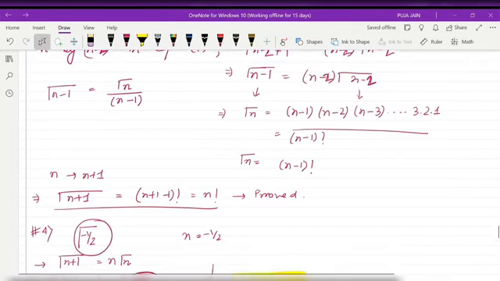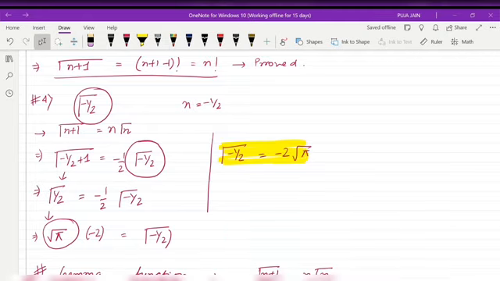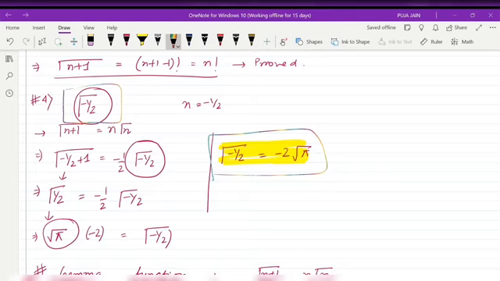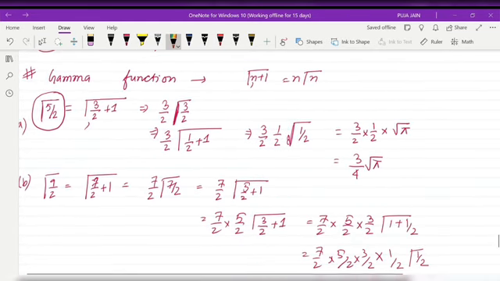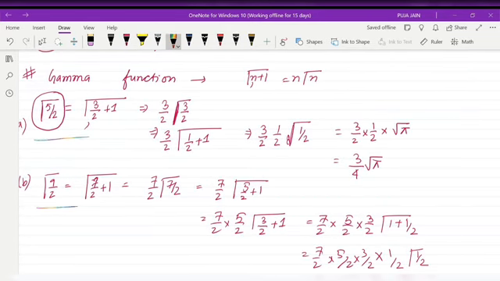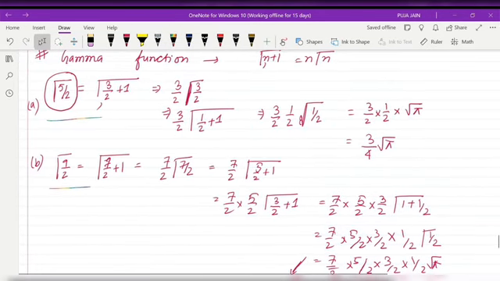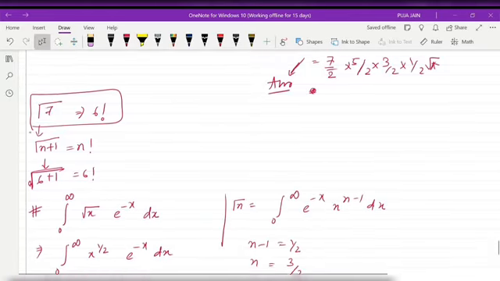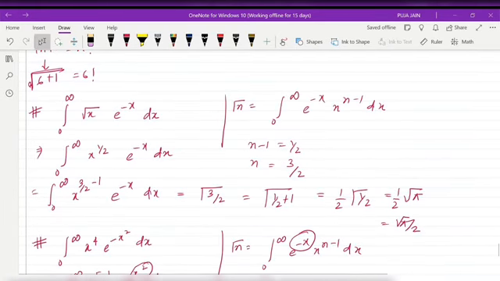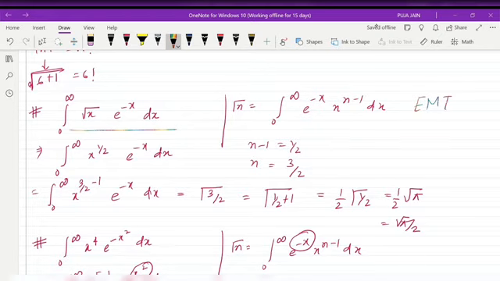Now fourth is what? The value of gamma minus half, that is minus 2 root pi, and how to calculate this result. If you get this result while calculating one integral by doing one sum, then how to proceed to get the final result. If you get this type of integral in EMT, or in any other part of physics, while calculating any sum, then you have to use this formula.